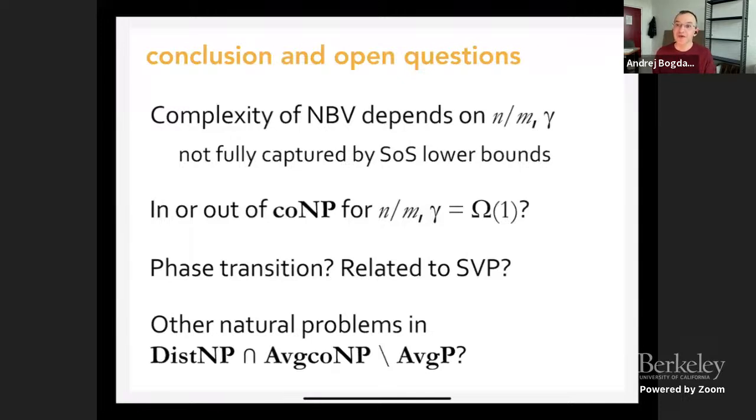You know, when you ship them around, you go from something which is P to something that has certificates to something else that might not be inside NP minus co-NP, average case in NP minus co-NP. And this is something that is not fully captured by the SOS lower bounds, which is the main methodology that people use to solve these kinds of optimization problems. So there might be some instance where complexity has something interesting to say about why these SOS lower bounds or optimization methods might not give the right answer.